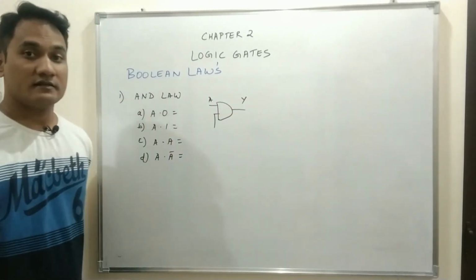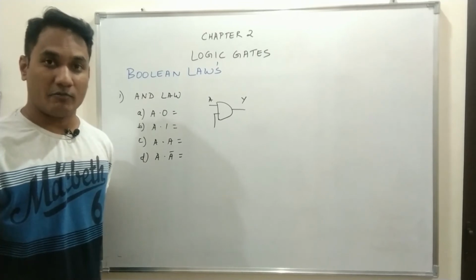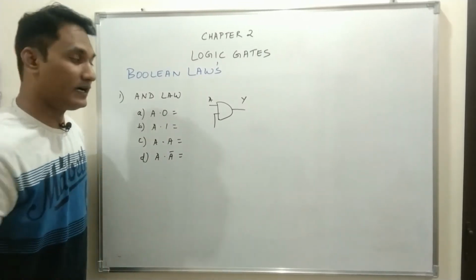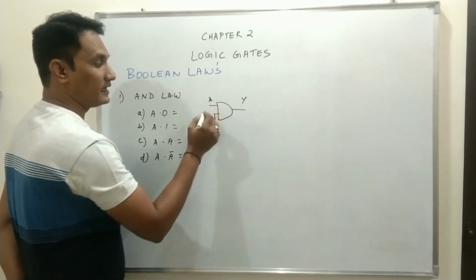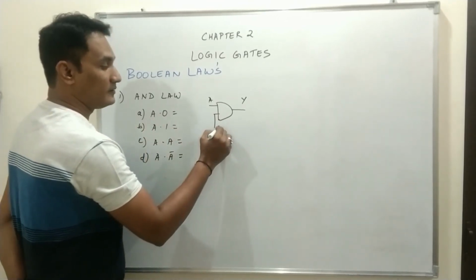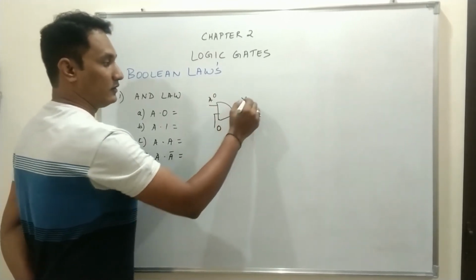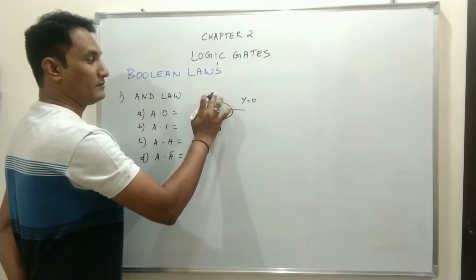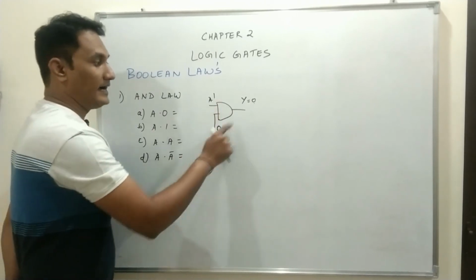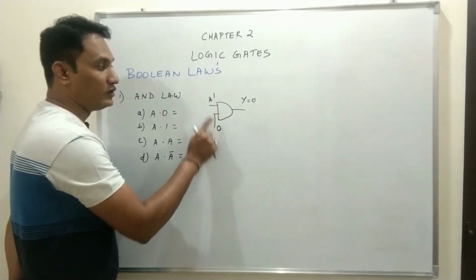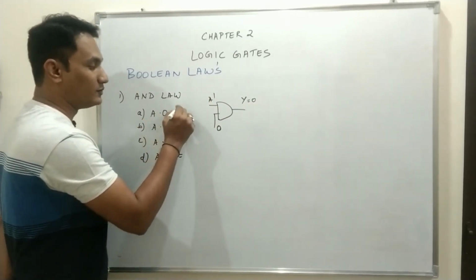Now what is AND logic? AND logic amounts to multiplication. That is how we remember the AND logic. So now for this circuit, let this be the first law, A dot, so the other input be 0. What happens if A is 0? 0 multiplied by 0, output Y will be 0. What if A becomes 1? 1 multiplied by 0, still the output will be 0. So for an AND gate, if any one of the inputs becomes 0, we don't care about the other input, the output will always be 0. So the law is A dot 0 will always be 0.